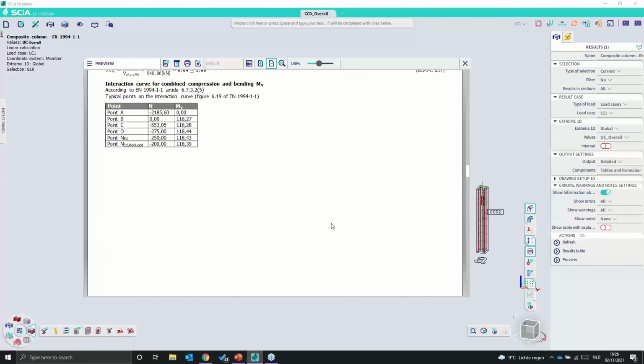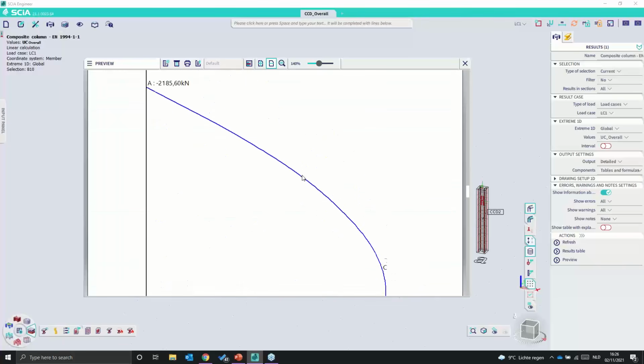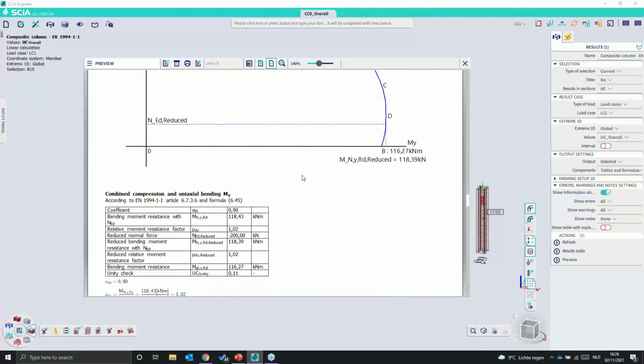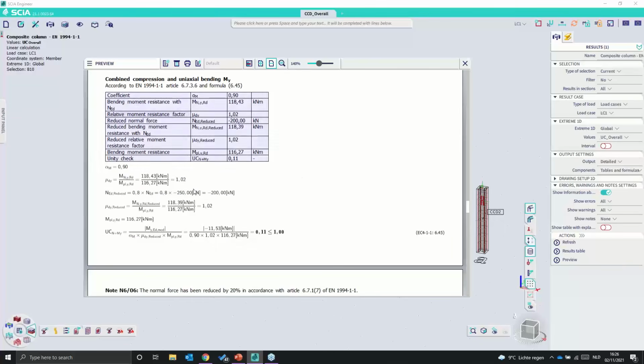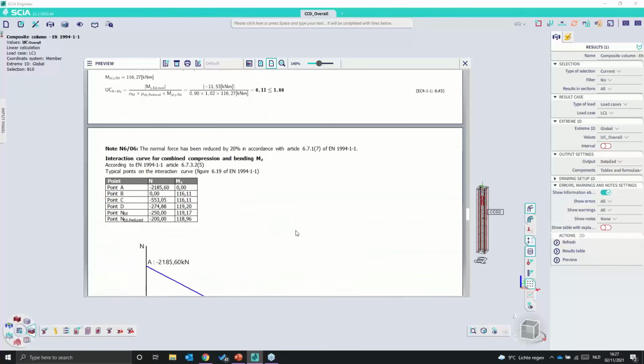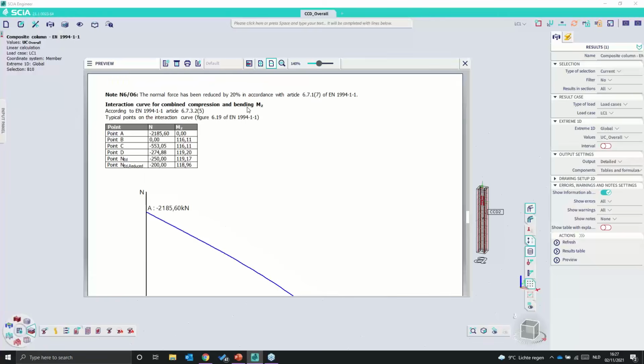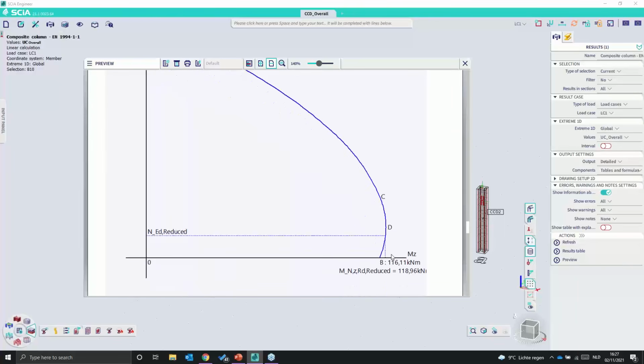And then we get into the combined compression and bending check. You see here already the calculated points of our interaction curve, but you can also find in the output the full interaction curve. Then we will calculate what the plastic bending moment resistance is considering the present normal force in our structure. And then we can go for a unity check for the one side for My, and then we repeat this procedure for z. So we see the full possible resistant points for every combination of normal forces and bending moments,